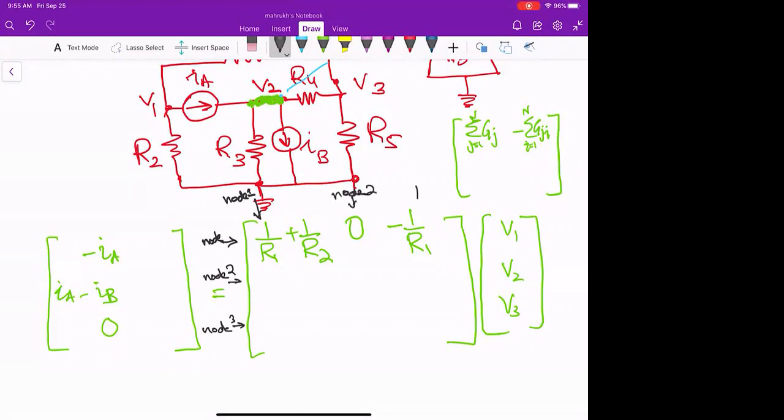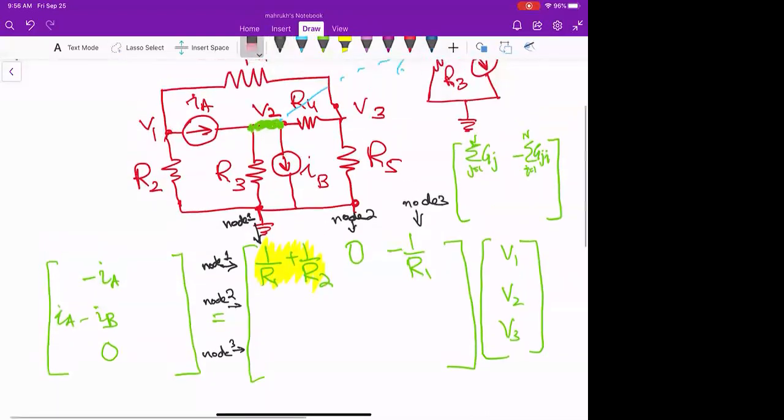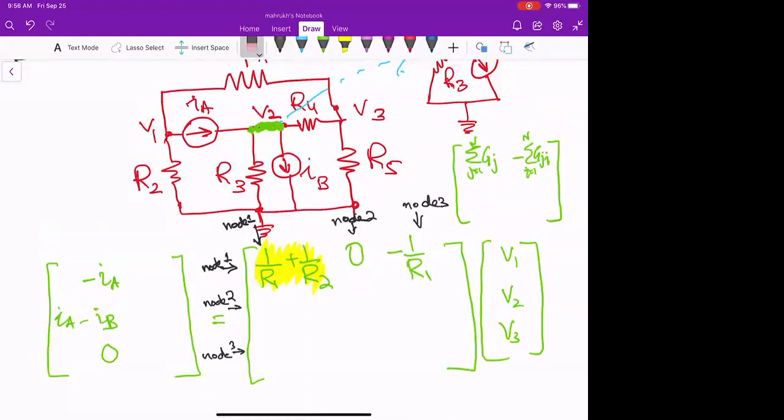If I'm talking here, this is about node 1 and node 1, the same nodes. If I'm talking here, it is about an adjacent node. So between node 2 and node 1, keeping node 2 as a primary node for the second row, I will write here